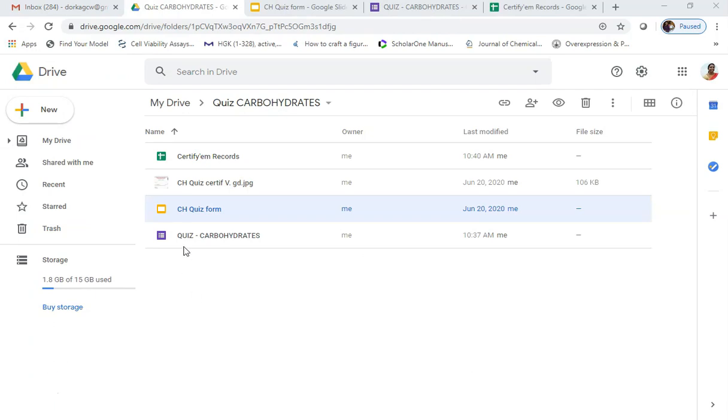Okay, as we came to our folder in the drive, we will quickly make the certificate also. Click on the carbohydrate quiz form, and here you can see the JPEG image of the certificate.